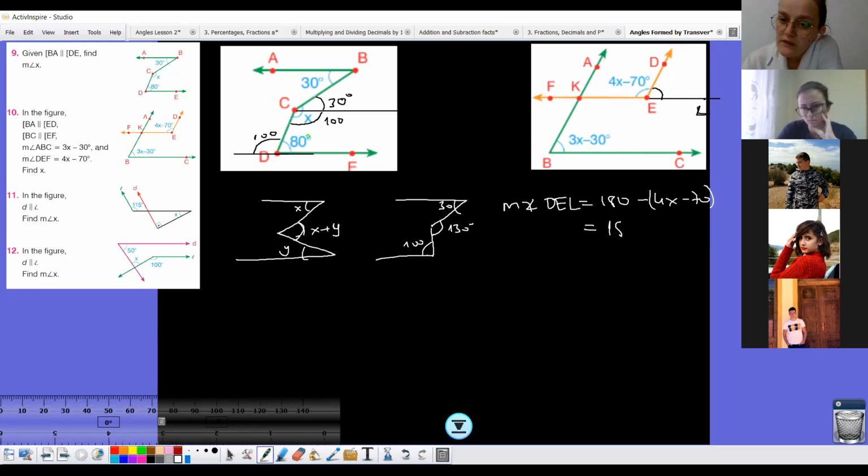So it will be 180 minus 4x plus 70, which is 250 minus 4x. There is no plus anymore. This is the angle DEL. Now, can we say that measure of angle DEL